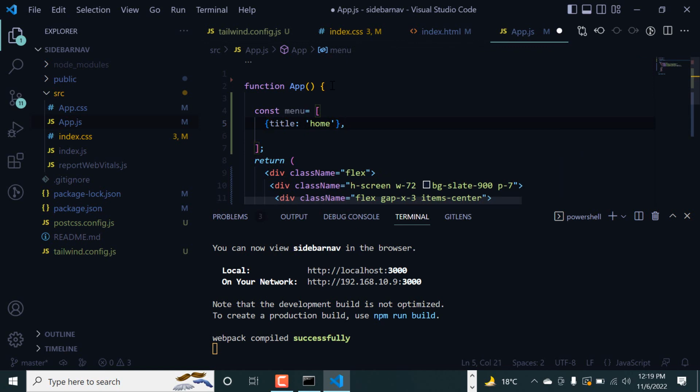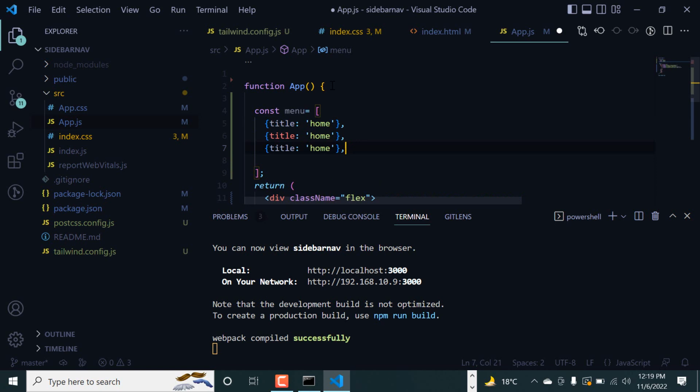Similarly, I can just paste them, and I can add chat. Let me capitalize them so that they may look good, and manage,